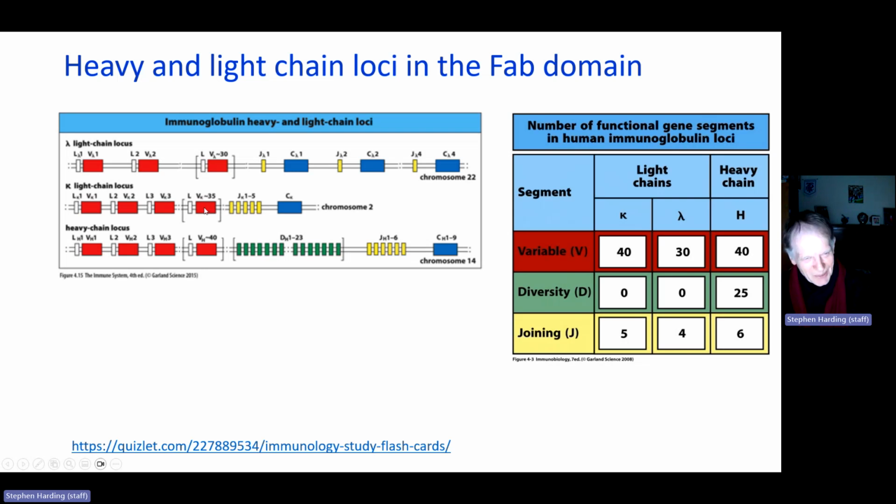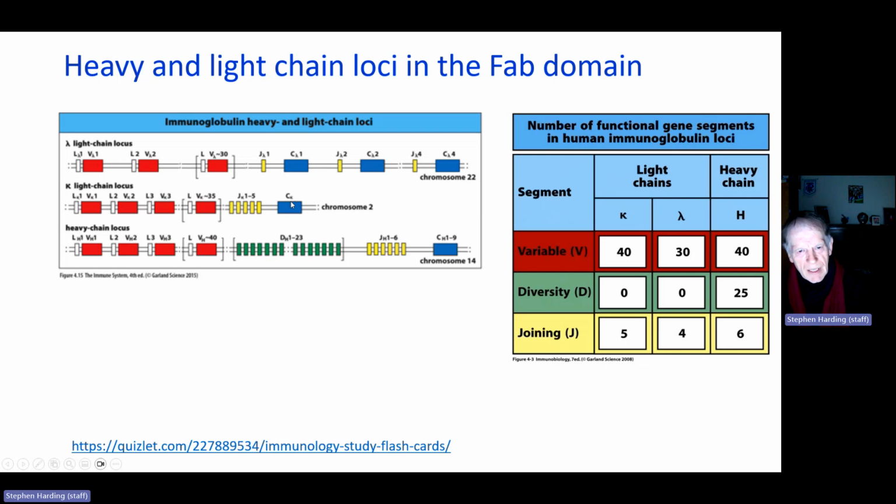Gosh, it's only 40 years ago now, but still a large number. So there are a large number of variable segments, and then there are these joining segments,